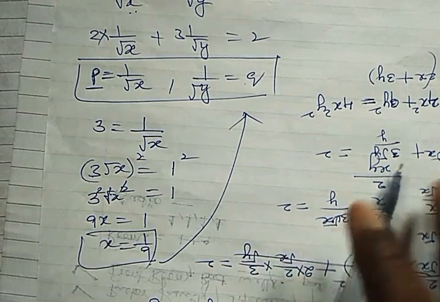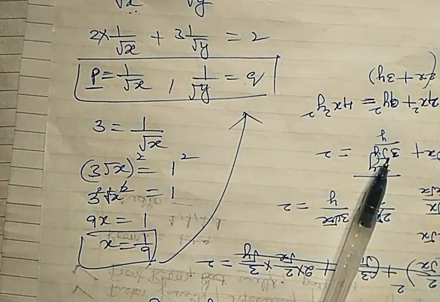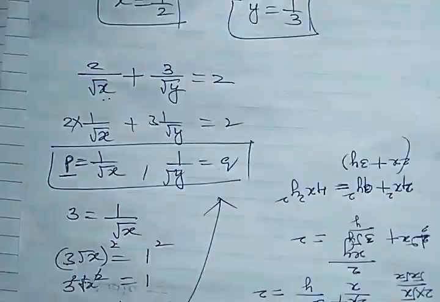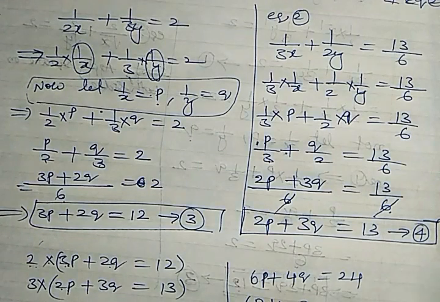So these are the two types of questions that you will find in question number 1 of exercise 3.6. So solve these questions. They are very easy. You don't get confused. If you are getting confused, just follow what I explained here. Just follow this step by step. Watch it again. You will definitely understand. And after this, you will have word problems. Go through the word problems. In the word problems, first you need to identify the given data and frame equations accordingly. Then whichever method you like, you can solve by using that method.